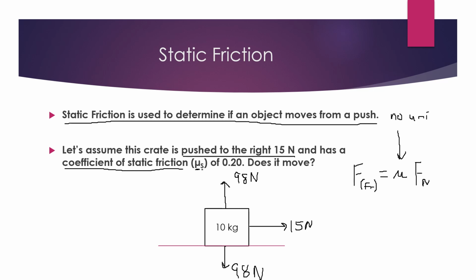So what we are going to do is this. We are looking for the friction in this problem. We know what the coefficient of static friction is, 0.20. We know what the normal force is. The normal force is 98 because it has to cancel out the gravity. So I'm going to type 0.20 times 98 in my calculator, and I'm going to get the force of friction